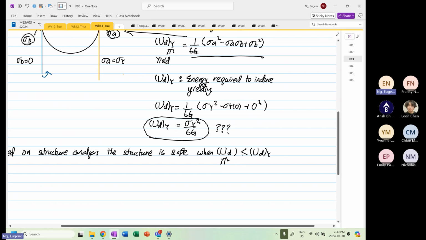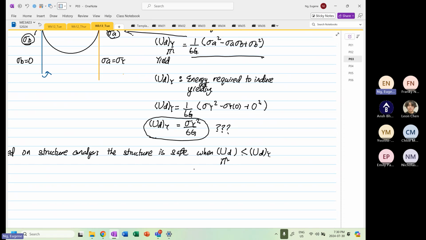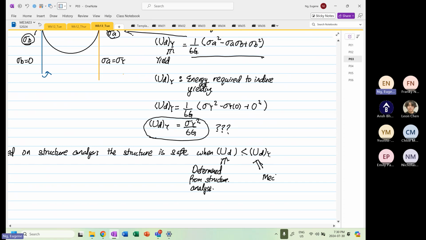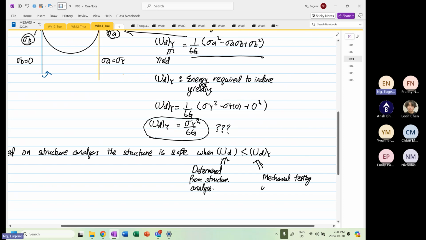On the left hand side, it is determined from structure analysis. On the other side, the expression is due to mechanical testing under uniaxial loading. And again, we are using principal stresses. I repeat again, we are